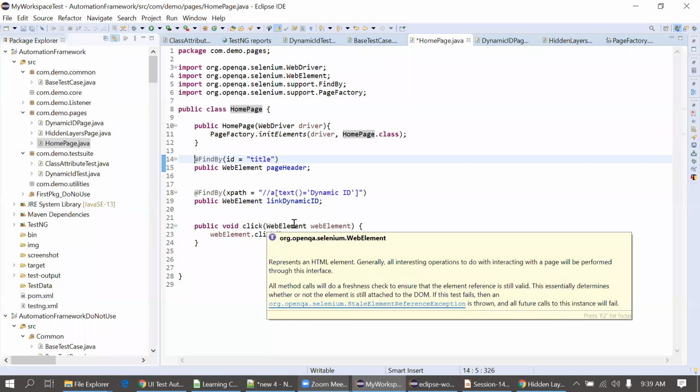It will initialize all the instance variables of this class according to initElements. Now if you change this to HomePage.class and ask me what is the difference between this and HomePage.class, there is no difference actually. Logically, there is no difference.